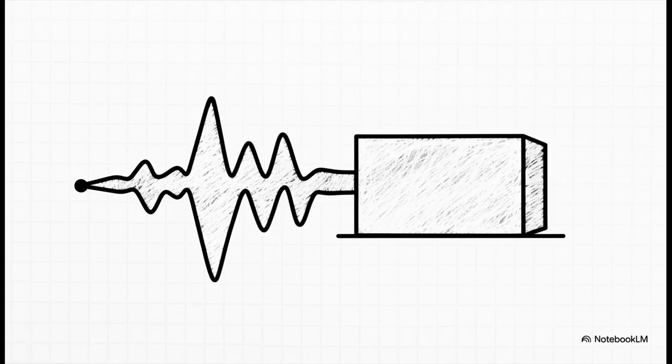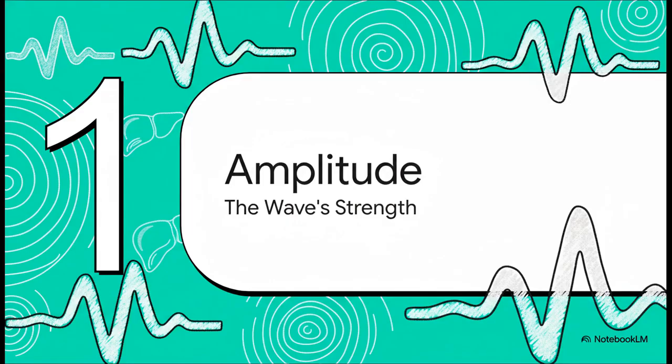So to really wrap our heads around this, we've got to start at square one. I'm talking about the most basic, fundamental property of a sound wave, and that is its strength. This is our first and maybe most important building block. Right, so that first building block is called amplitude. Don't let the technical term throw you off. It's really just a fancy way of saying the wave's strength. And you'll see in a minute why this one concept is absolutely key to controlling how the final image actually